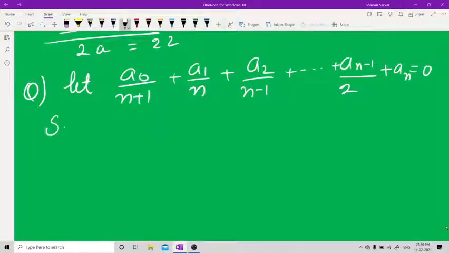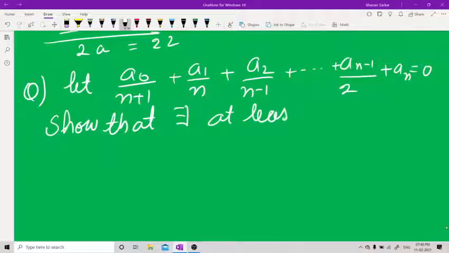Show that there exists at least one real